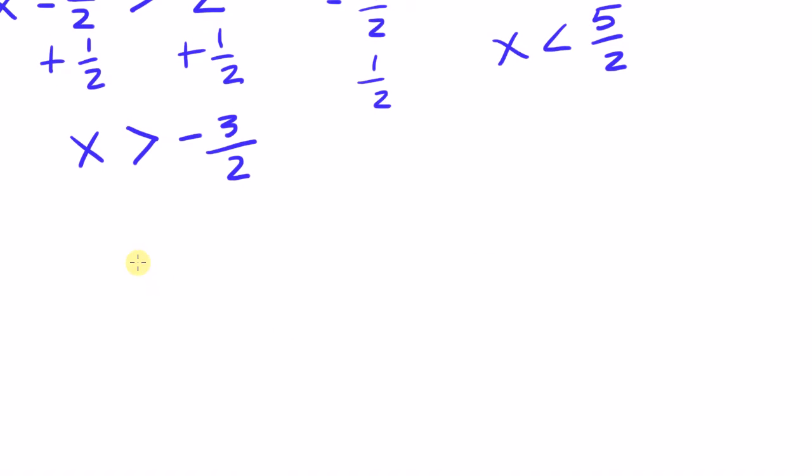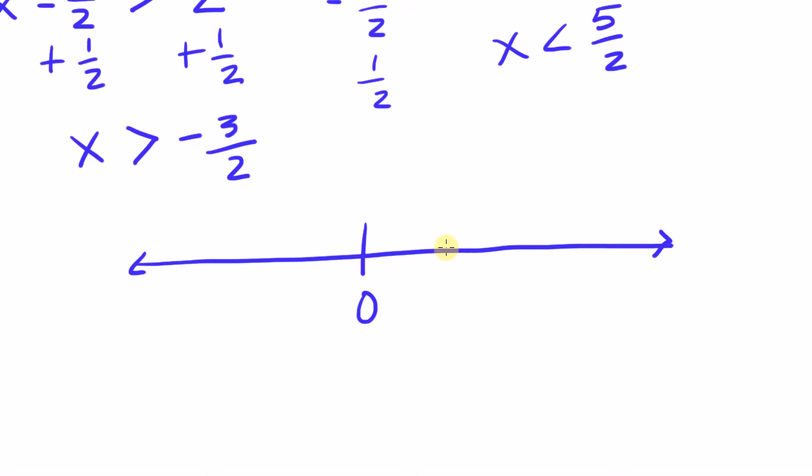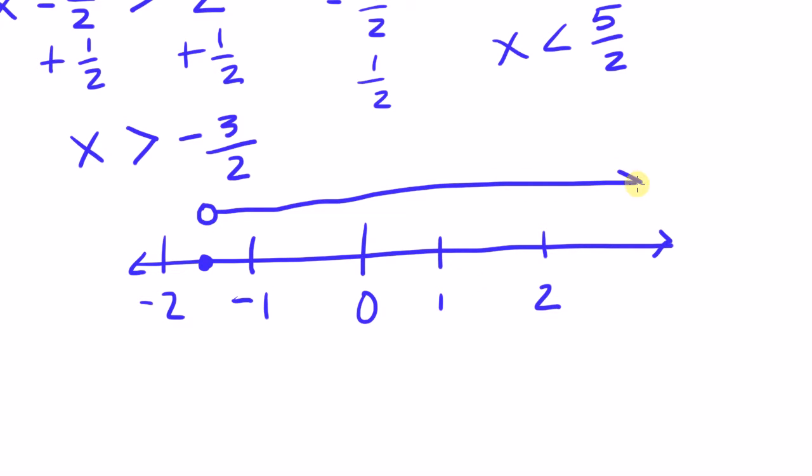Alright, so now we're going to graph the solution here. Okay, so 3/2 is 1.5. So I'm going to mark 1 and I'm going to mark 2. This is, and it's negative. -1, -2. There we go. And x has to be greater than and not equal to. So go like that. And then over here, x has to be less than 5 divided by 2, I'll